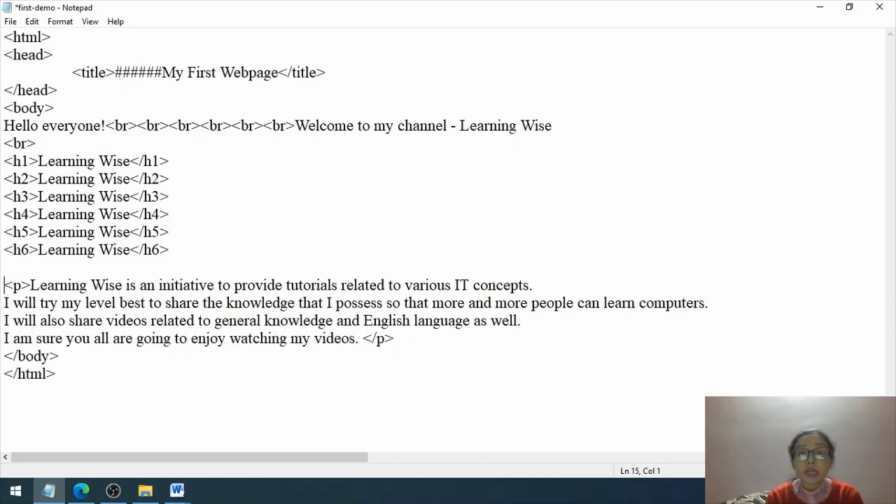Now what are attributes? Attributes are the qualities of the tags. Tags are the instructions given to the browser so that it can understand exactly how to arrange the text and how to arrange the graphics over the web page, while the attributes are the features of each and every tag in HTML.